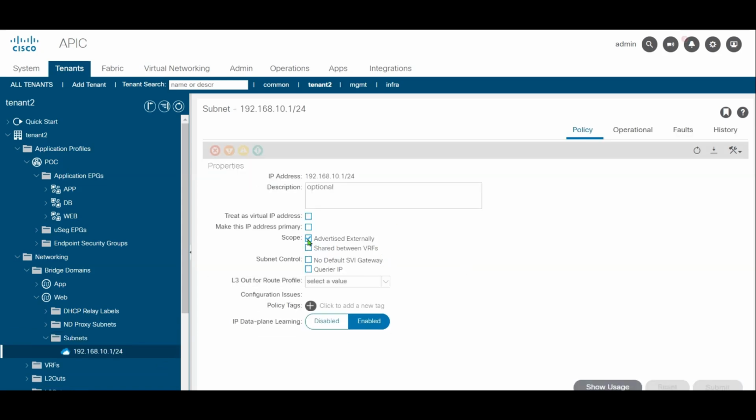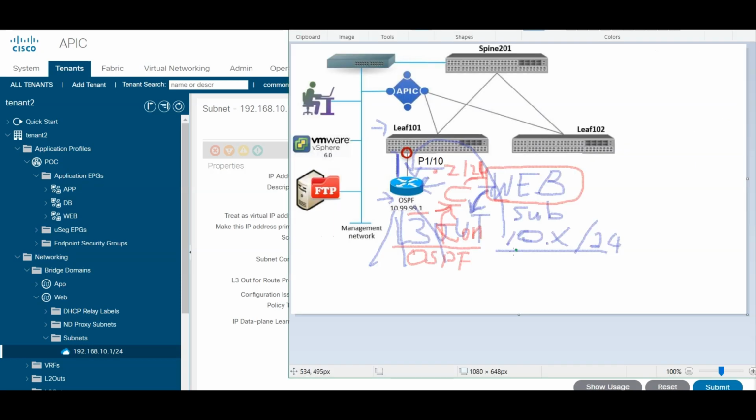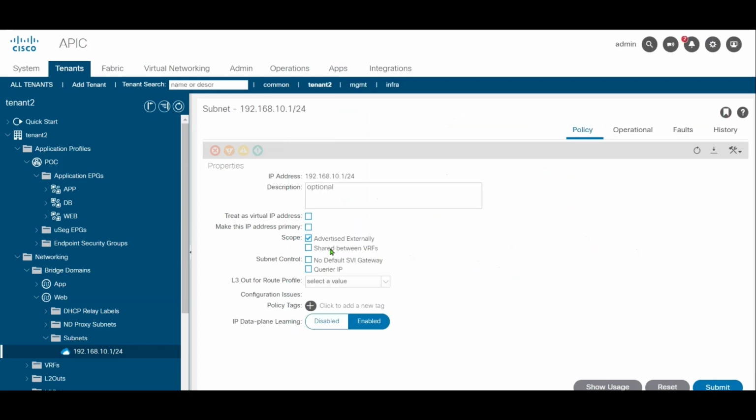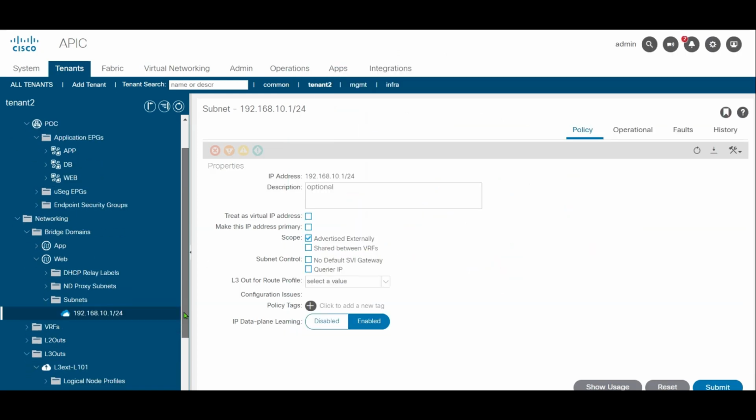We're going to advertise it to the OSPF. So what I'm trying to do is this subnet belonging to the web server will be advertised into the OSPF. This will be our routing. Now we are advertising the updated web server